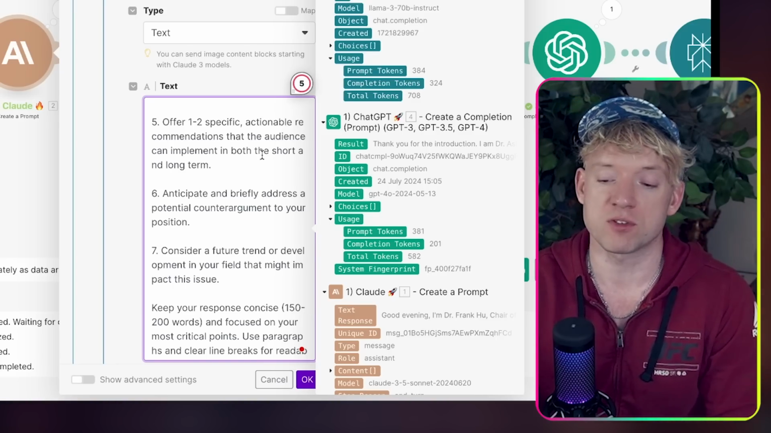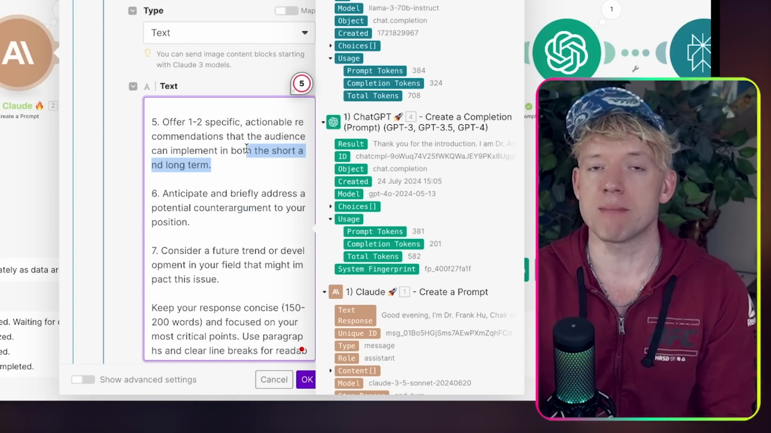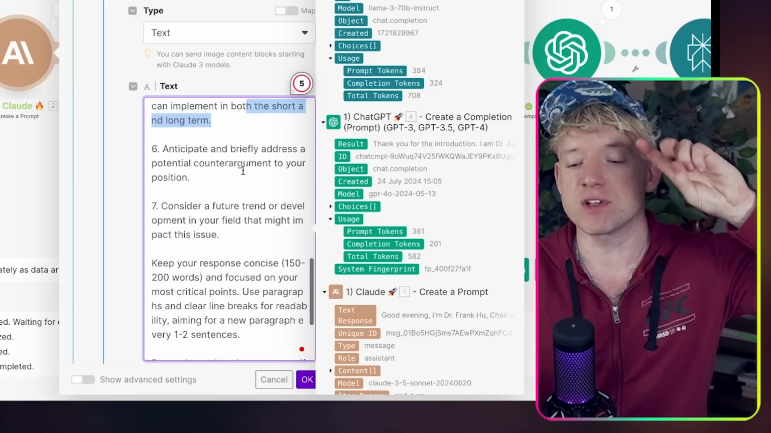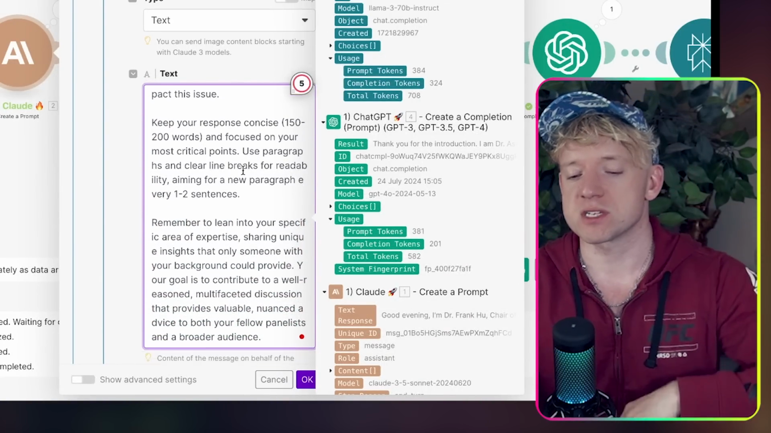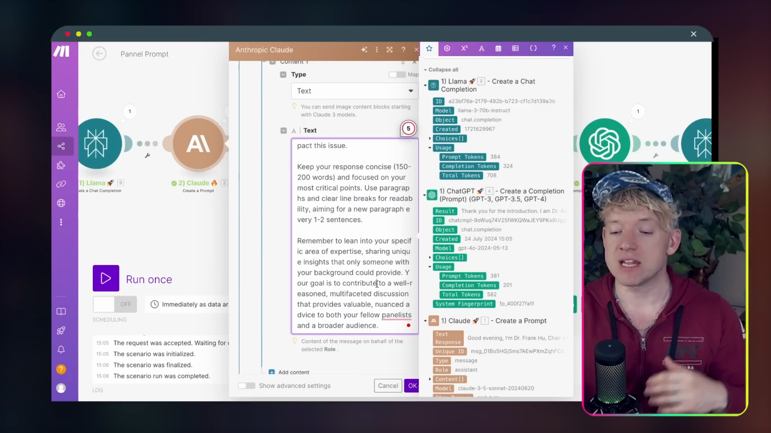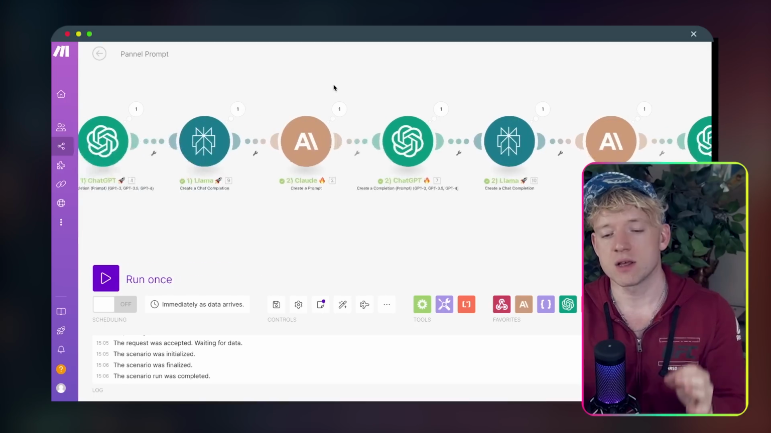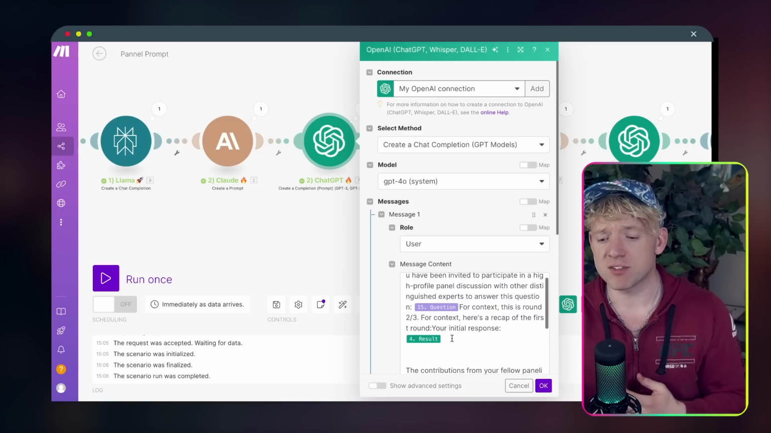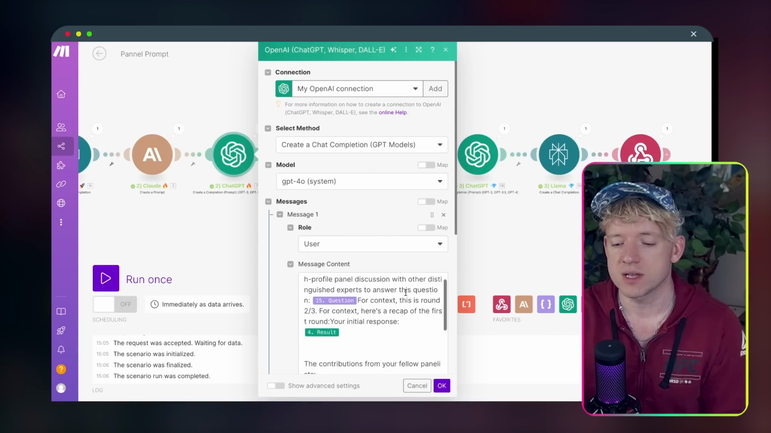Offer 1 to 2 specific actionable recommendations that the audience can implement in both short and long term. I'm making it useful. I'm saying, hey, give me some short, give me some long. Anticipate and briefly address a potential counter-argument to your position, consider a future trend, keep your response concise, and so on. And then guys, it's the exact same prompt you copy. You come over to number 2, you copy ChatGPT, you come back over, you paste it in here, and all you do differently, guys, and this is the only time-consuming part of it, is you say,